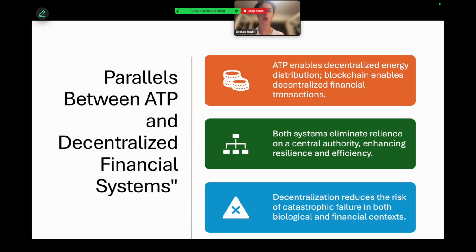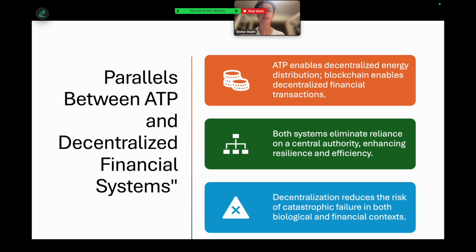Decentralized finance, or DeFi, is revolutionizing the way we handle money. By eliminating intermediaries like banks and payment processors, DeFi allows users to transact directly, reducing costs and increasing efficiency. Smart contracts, which are self-executing contracts on blockchain networks, automate transactions without the need for trust in third parties. This significantly lowers the risk of fraud and increases financial inclusivity, granting access to banking services for millions worldwide.